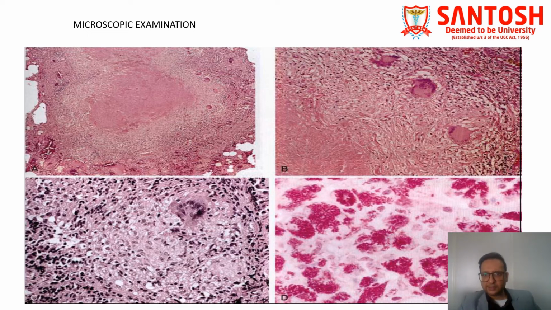Here we can see some epithelioid like cells, and this is necrosis. So this is a very commonly asked question in Viva, what is granuloma? So granuloma is nothing but a tiny lesion which is comprised mainly of epithelioid cells along with central caseation necrosis and giant cells, and which is further surrounded by lymphocytes.